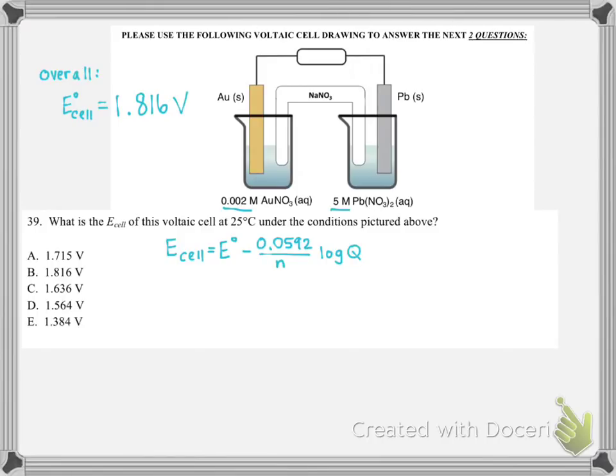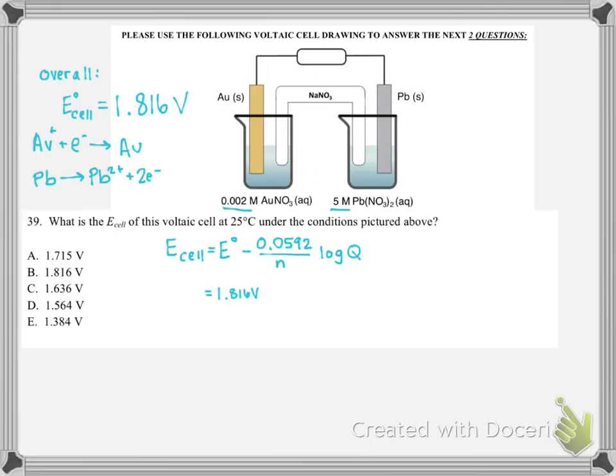So we're going to have to use this equation. And so let's go ahead and remind ourselves what half reactions we're working with. So we have these equations and that overall potential under standard conditions. So when we think about calculating the non-standard potential, we can go ahead and just use that 1.816 volts for